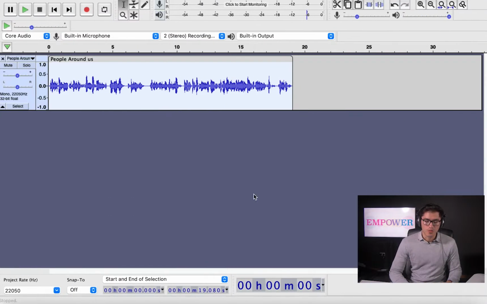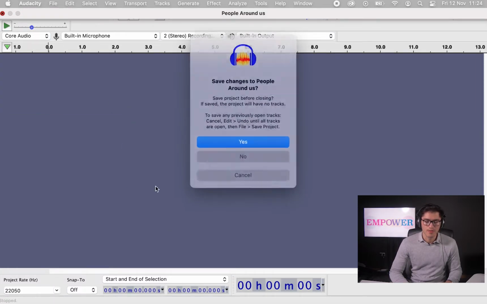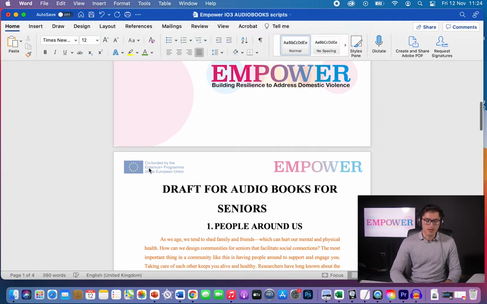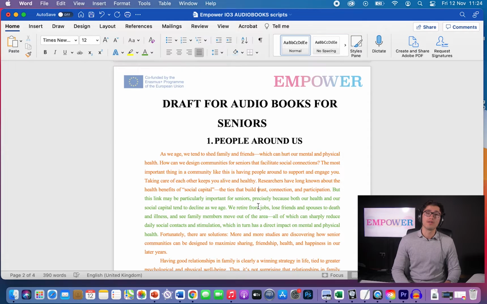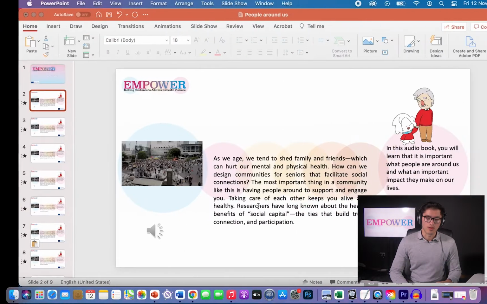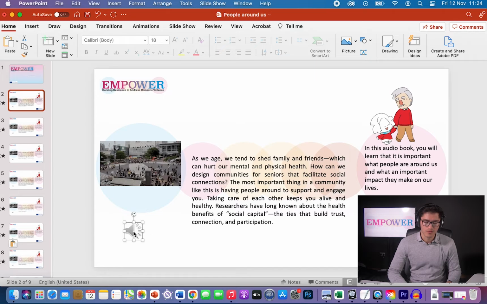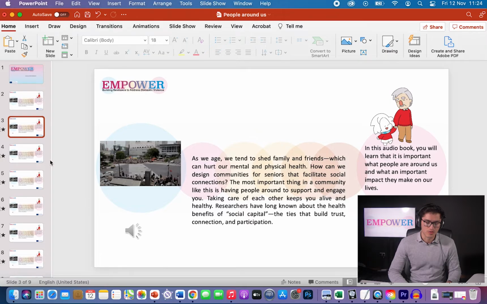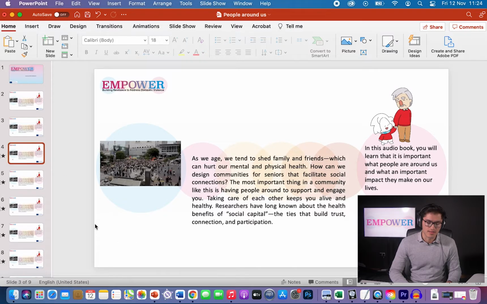Perfect. So once we have all the audios, we can close this program. Okay, perfect. So once we have all the audios and the scripts for each slide, we can start producing the PowerPoint. So this is the process where we put everything into PowerPoint, and it's really easy. So the first one is ready. This is the audio. I am going to remove this audio because we are not gonna use it. I need to remove the audio of each slide.